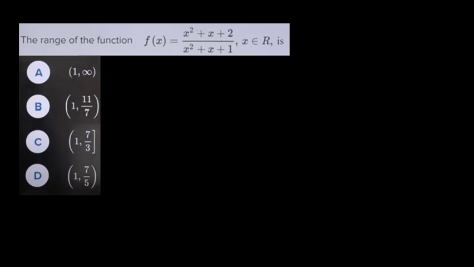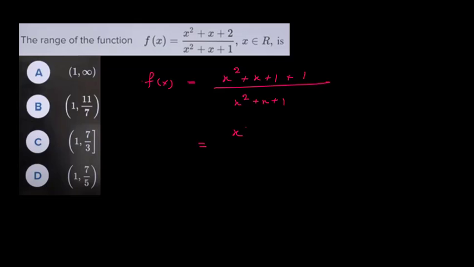Now again the problem is to find the range of the function. We have to find the range. So what we can do, we can find the value of x. One way is that. But if you observe this expression carefully, you can say that this f(x) can be written as x square plus, now denominator is x square plus x plus 1. So numerator I can write like that, x square plus x plus 1. Here it is 2, so it is plus 1 again, divided by x square plus x plus 1.